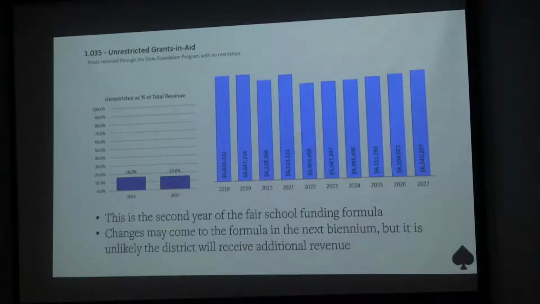But we are on the guarantee. So you go through this complicated formula to come up with your numbers, but the formula is actually saying that we should receive less than what we are receiving because we're guaranteed to receive the same amount of funding that we got in '21. So if that guarantee were to go away, this line would decrease even more than it's dropping slightly over the forecast period, but it would definitely decrease even more if that guarantee goes away.